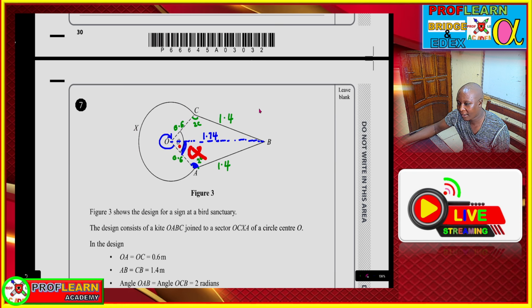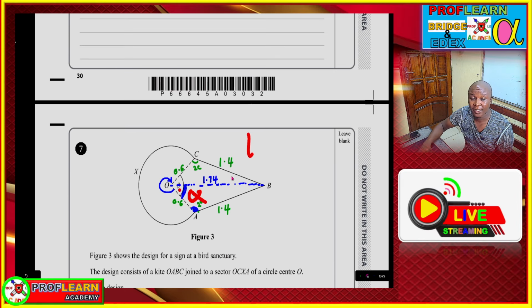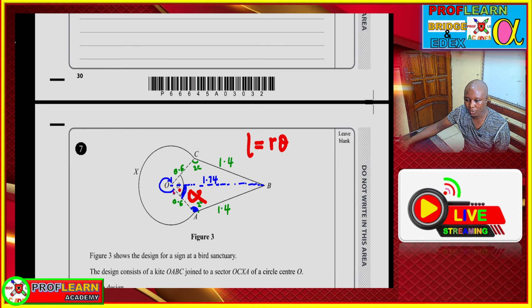When you are given angles in radians, arc length is usually given by r theta. But which theta are we going to use? We are going to use the theta behind that,